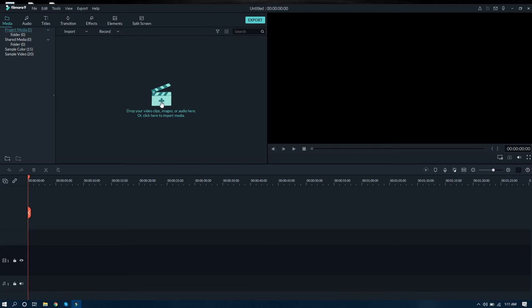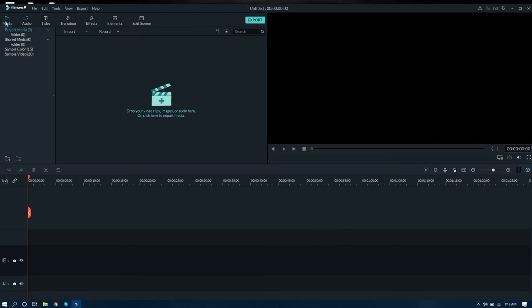Here is the section where you can add images, files, and also audio. This is your work area, where all the images and videos played will be shown. And this is the timeline where you can add things if you want to edit. We do all the editing over this bottom portion.